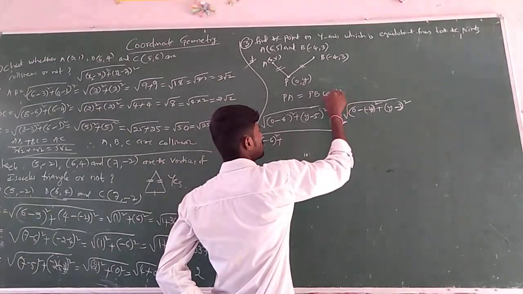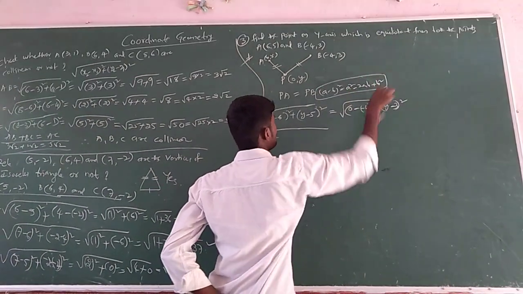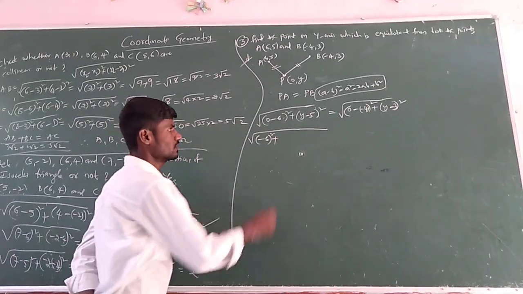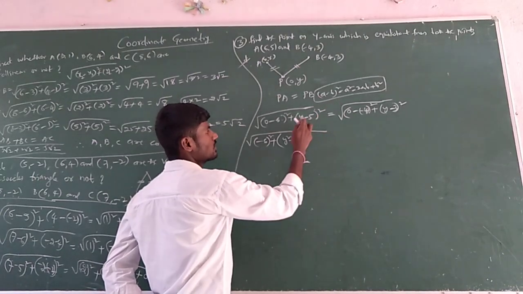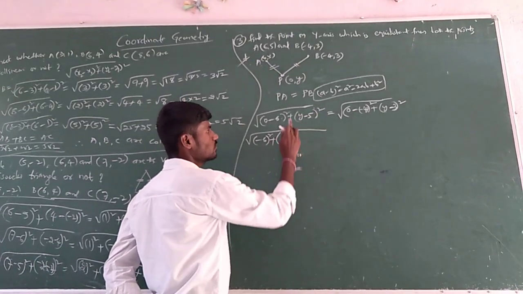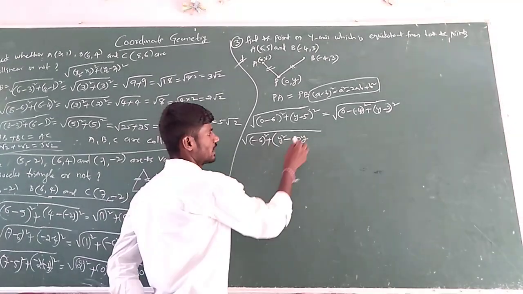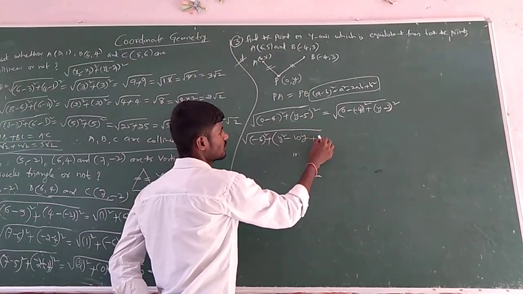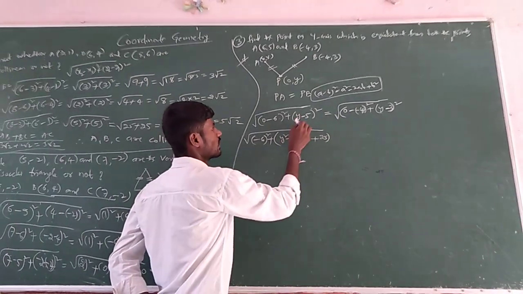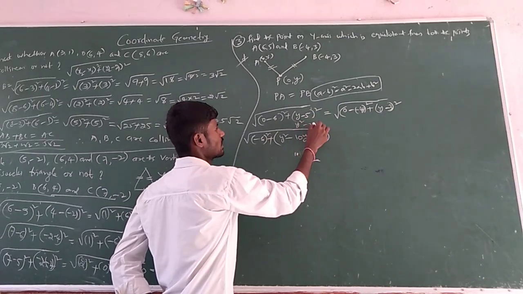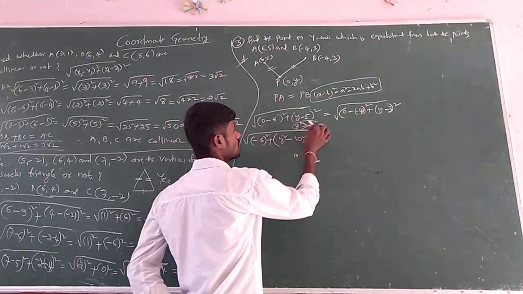So (a minus b) whole square is what? a square minus 2ab plus b square. So a is y, b is 5: y square minus 2 into y into 5, that is 10y. I am writing it directly, don't get confused. And plus b square, 5 square, 25. This is the result. But some students may do it like this: y square minus 5 square, minus 25. This is wrong. So remember that wrong step also. So don't do like that.